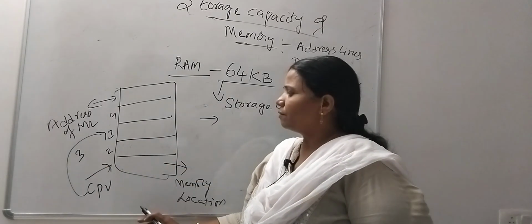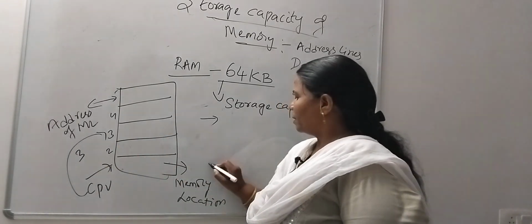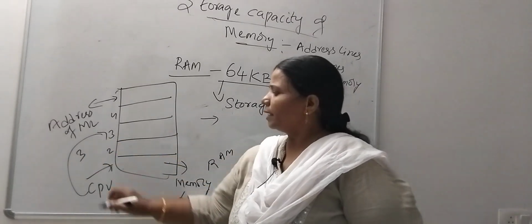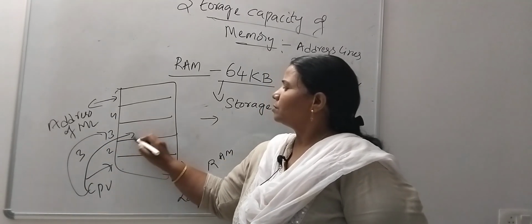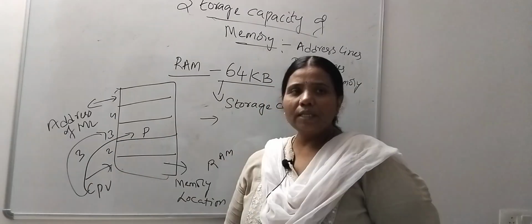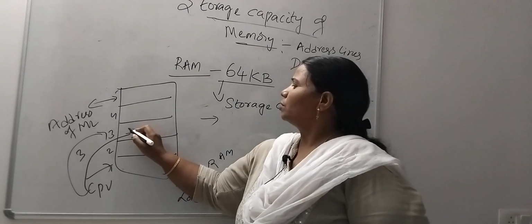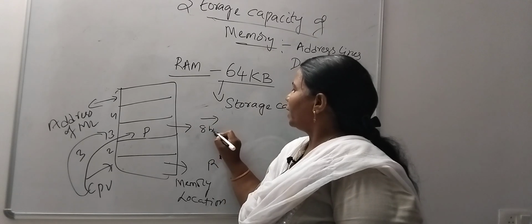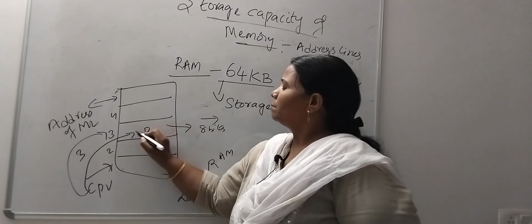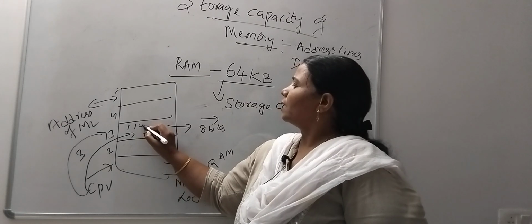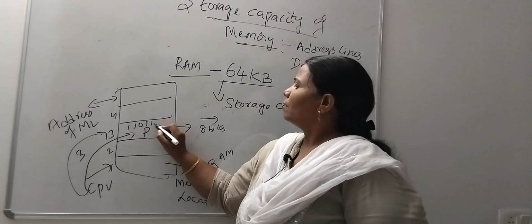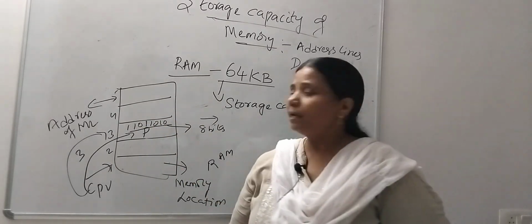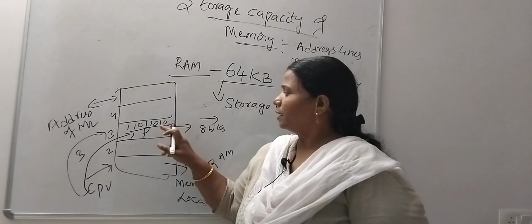Once it sends the address value to the memory, this is your memory, that is nothing but I am taking as a RAM here. Okay, so at this address, what is the data it has to send? Think it wants to send the data P here. Each location of this memory is capable of storing 8 bits, which means this P will be stored in the form of 8 bits. Think it is stored in the form of 1101 1010. So this P will be stored in the form of binary bits, whatever the data it wants to store.